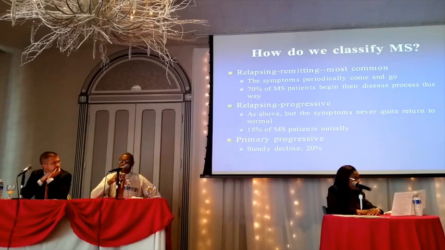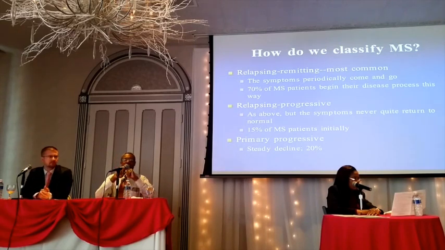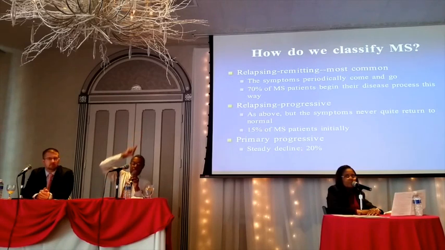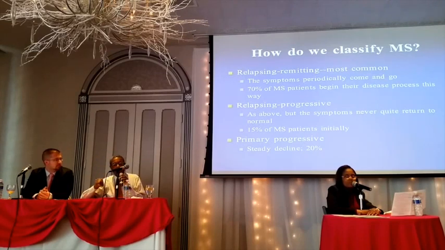Usually better than 70% of people with multiple sclerosis at least start that way. Then we have relapsing progressive, and somewhere in the neighborhood of 50% of people with multiple sclerosis, before the days of our disease-modifying therapies anyway, about 50% of people with MS got that way. So you relapse, and then you get better, but not quite back to where you were. Relapse, improve, but not quite back to where you were. And so overall, there's a decline over time. That makes up about 15% of people overall with multiple sclerosis.